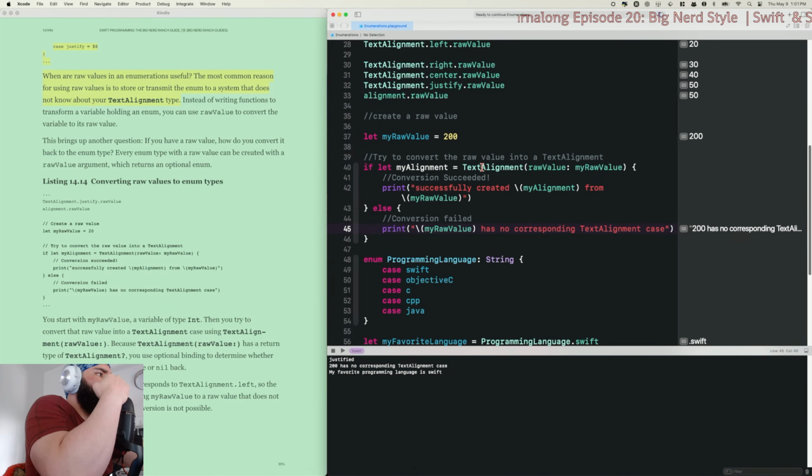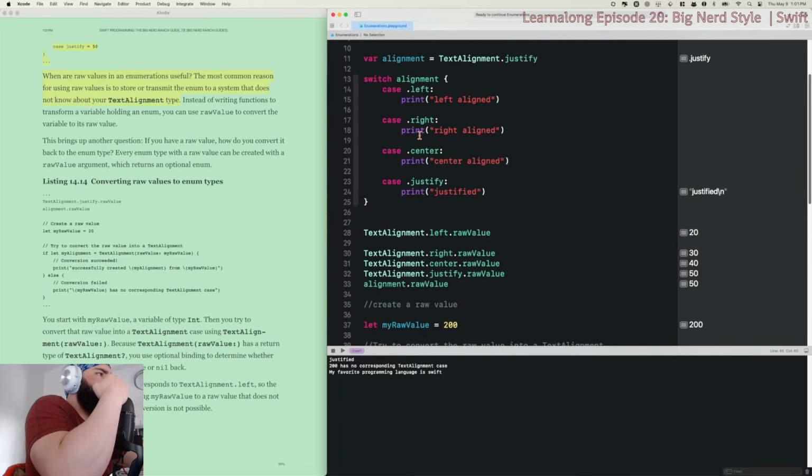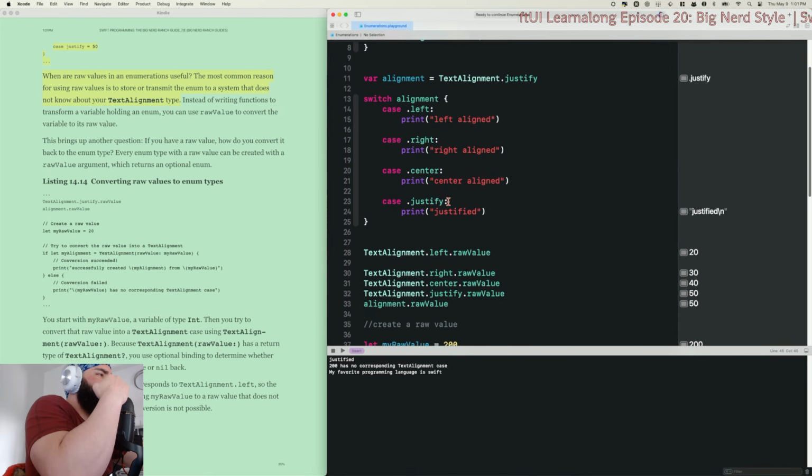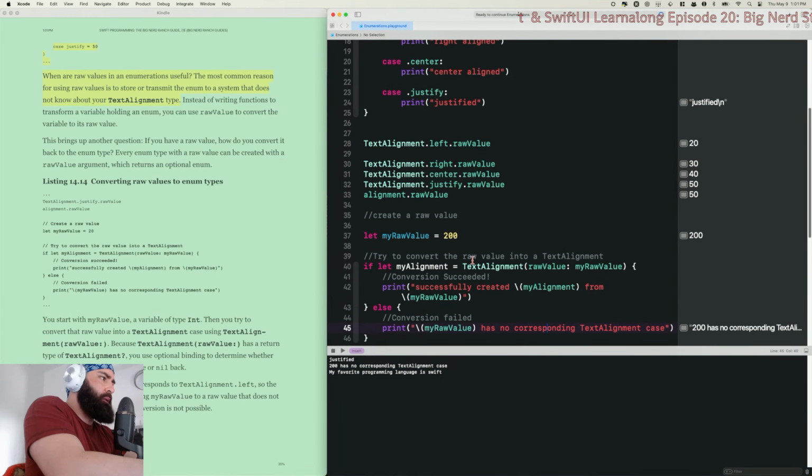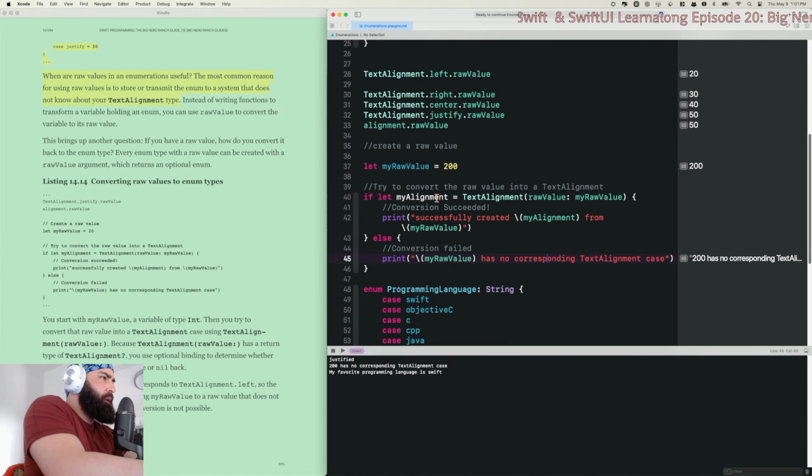If let my alignment equal text alignment. Oh, okay. So it's saying if the raw value that I pass in here, what is that called?